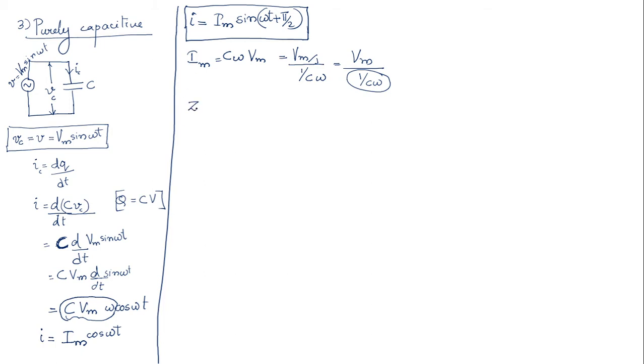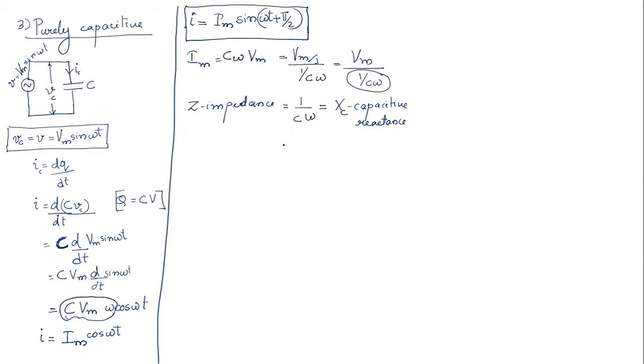So now you have identified what is the impedance for this circuit. So the impedance for this circuit is 1 by C omega. Now what is 1 by C omega is actually XC. What is XC? Have you studied what is XC? Yes, I hope you have covered this in your plus 2 classes. So XC means the capacitive reactance. It is represented as XC. That is the impedance offered by a capacitor alone.